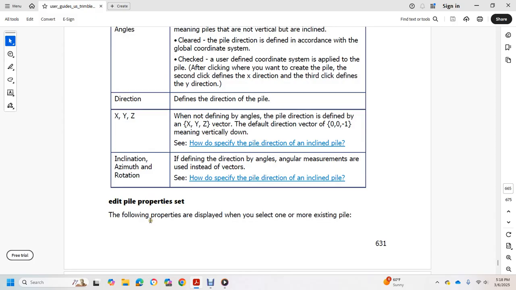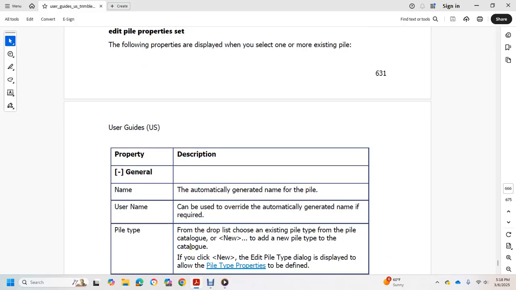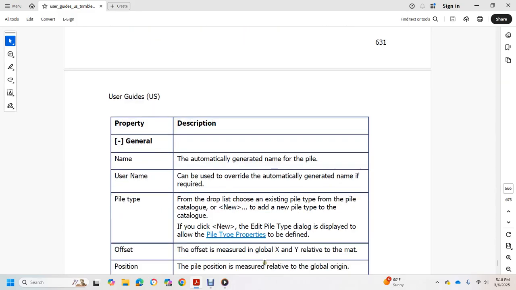Edit pile properties set. The following properties display when selecting one or more existing piles. Property general name: the automatically generated name of the pile, with override of the automatically generated name. The required pile type: the drop list shows the existing pile types of the pile catalog, with new to add a new pile type to the catalog, and edit to display the pile type properties defined. Offset